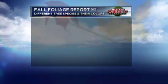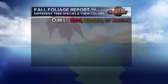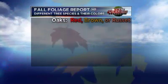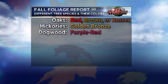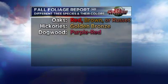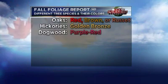Now, if you want to know the different types of tree species and their various colors, this is a little cheat sheet for you. Oak trees generally have red, brown, and russet colored leaves. Hickories have those golden brown colored leaves, and dogwoods, those are one of my favorites. They have that deep purple reddish color, and they're already starting to turn, especially the tips of those dogwood trees